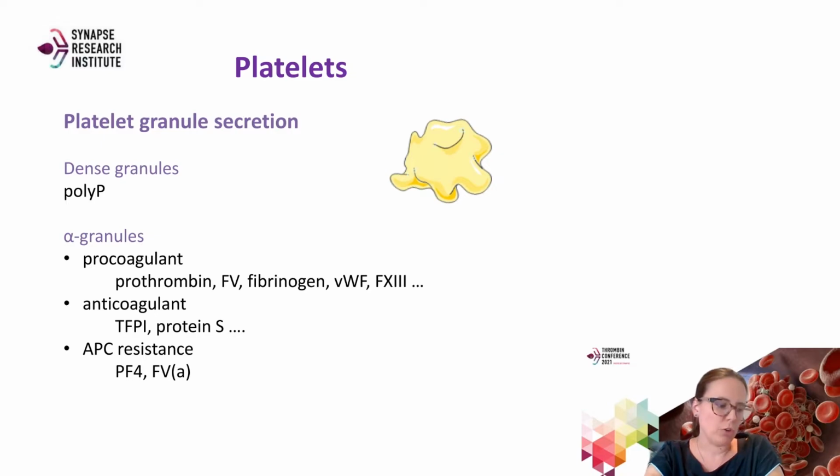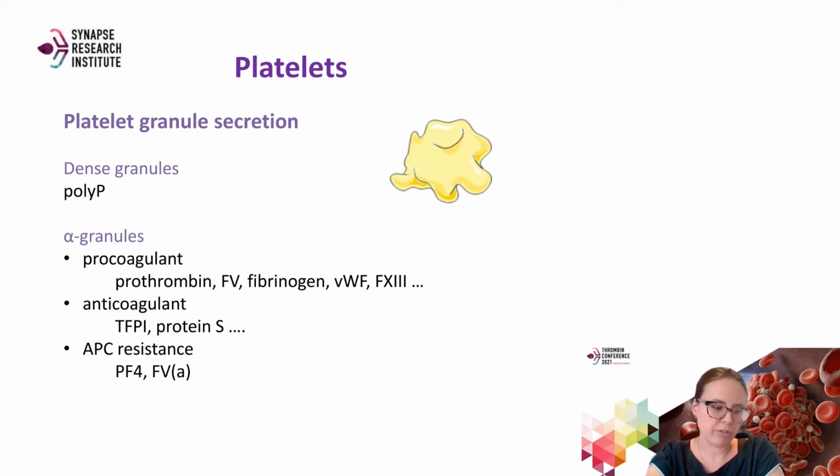The influence of the platelet granules on thrombin generation is apparent from the observed differences between thrombin generation in platelet poor plasma and platelet-rich plasma in patients with factor 5 deficiency. Some patients with factor 5 deficiency do not have life-threatening bleeding, and this is believed to be because in these patients, factor 5 from platelets is able to support thrombin generation in platelet-rich plasma, whereas if we look in platelet poor plasma, there is no thrombin generation.